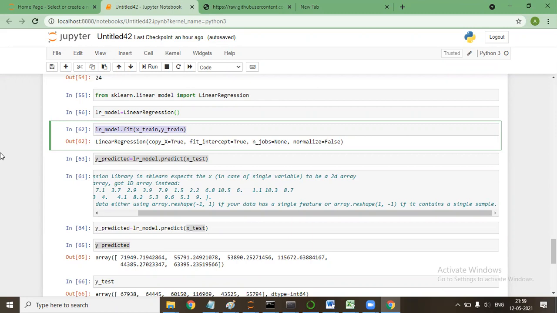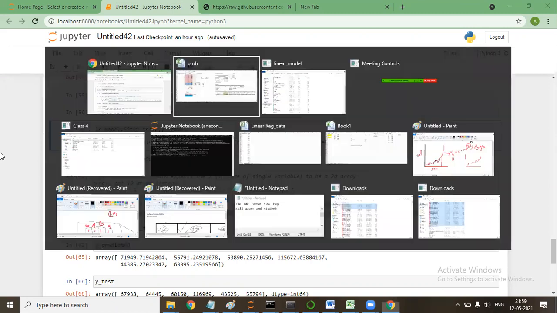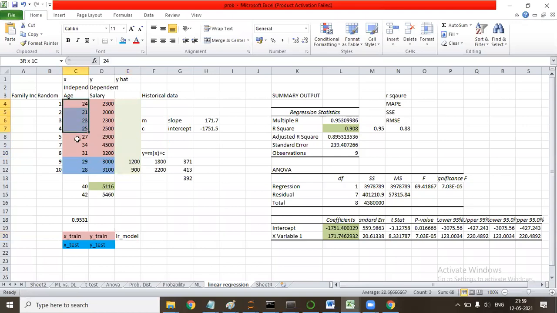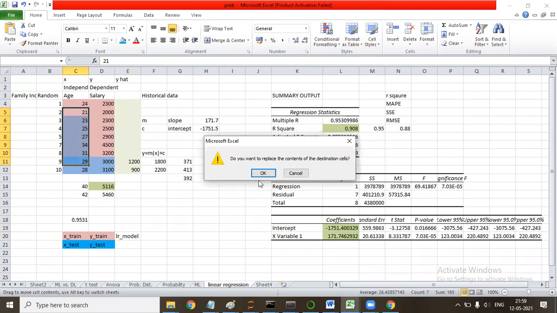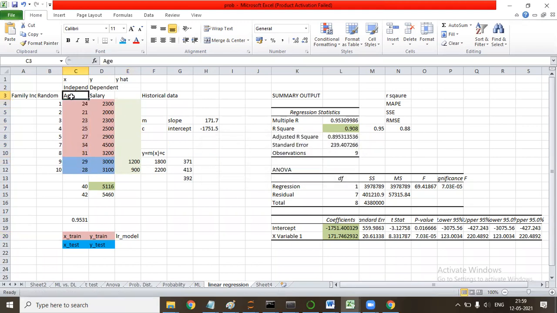If I show that, it has 31 values. Just imagine these are the 24 values, and these are the 6 values. Say this is years of experience, 1, 2, 5, whatever. I'm just taking an example. So this red data is the train data, and this blue data is the test data.